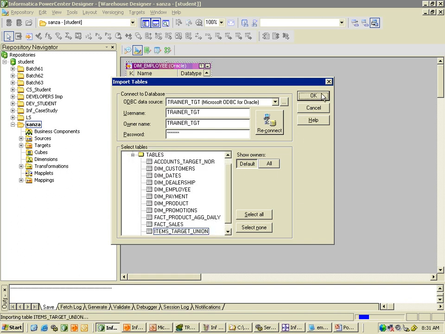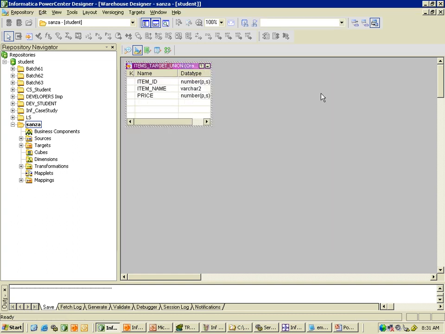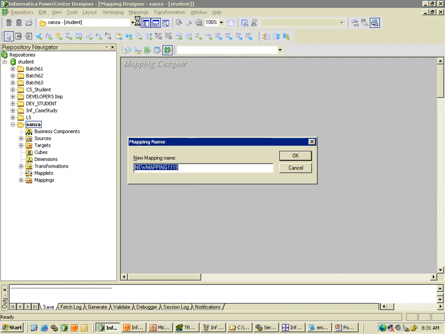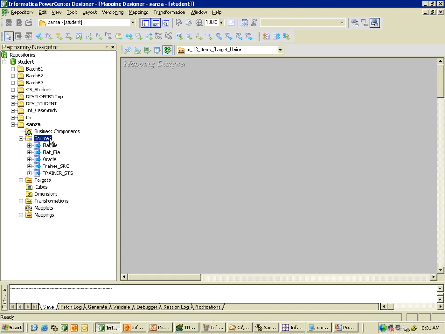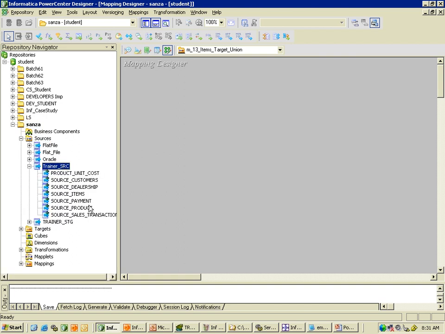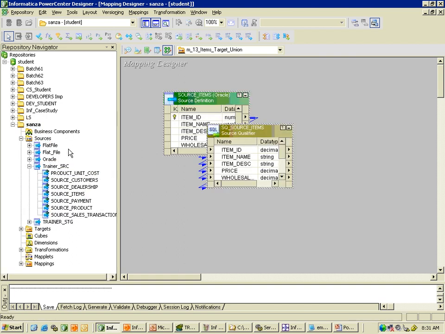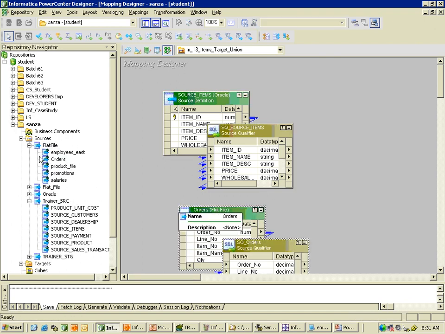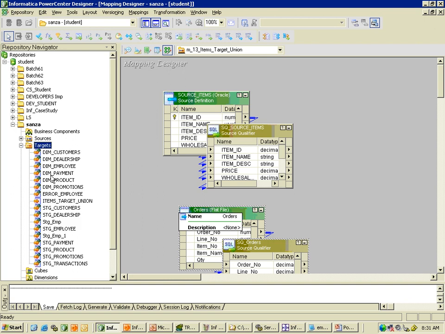Items target union. Let us create the mapping. Name it m_13_items_target, and drag your source, item orders.text file, and put data into target. Then